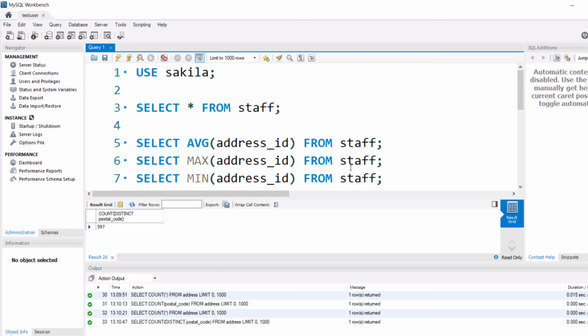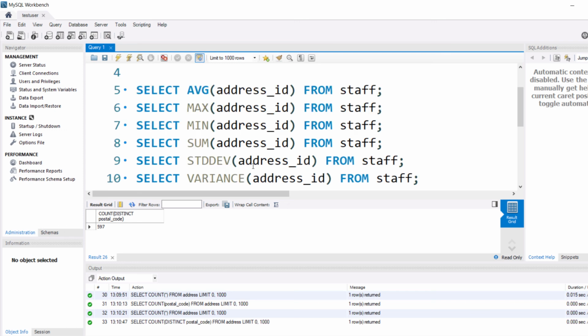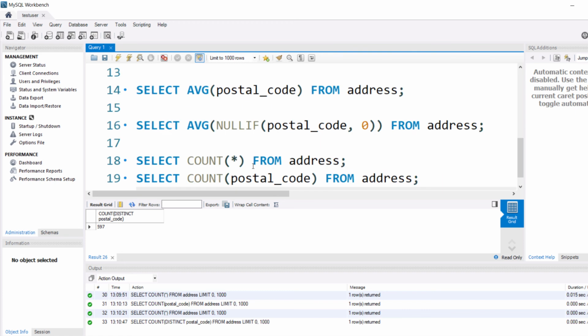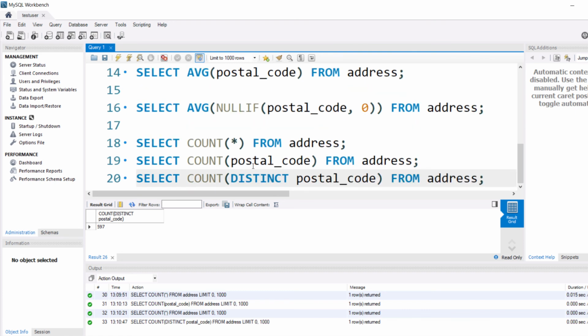We are going to understand how to use group functions for multiple groups in the next video lecture. So we saw all the statistical functions, that is average, maximum, minimum, summation, standard deviation, and variance. And then we saw how we can work with null in group functions. And finally, we saw how we can use the count group function.